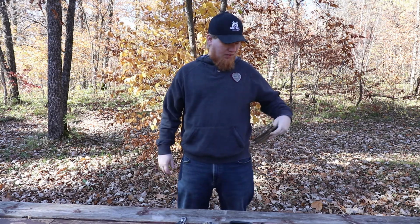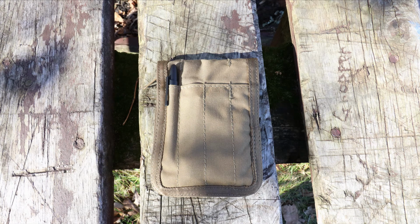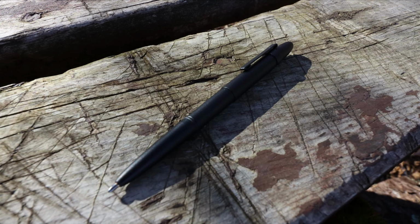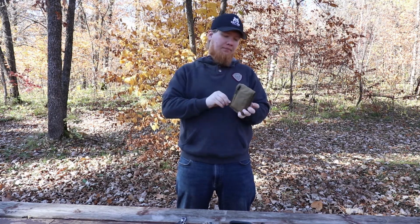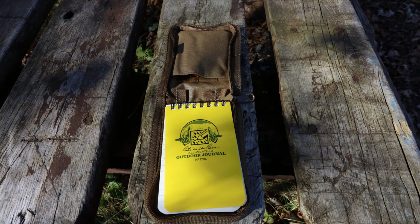And now here's where things get a little different. So in this pocket I carry a case, a Rite in the Rain case. On the outside I have a Fisher space pen, the Bullet space pen. I really like this pen a lot actually. And then inside I have a notepad, and I carry this notepad everywhere I go, and it's so nice because